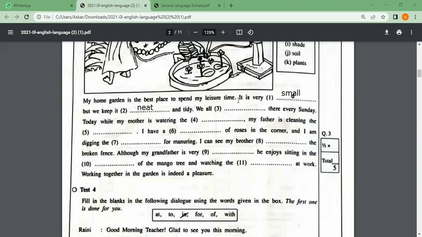We all work there every Sunday. Today, while my mother is watering the plants, my father is cleaning the pond. I have a